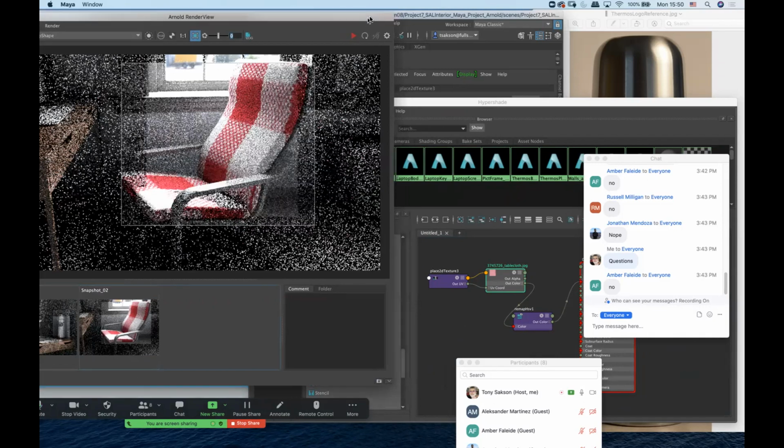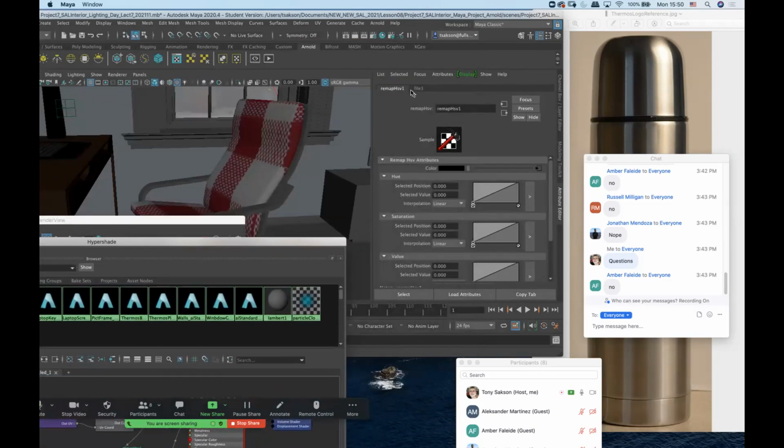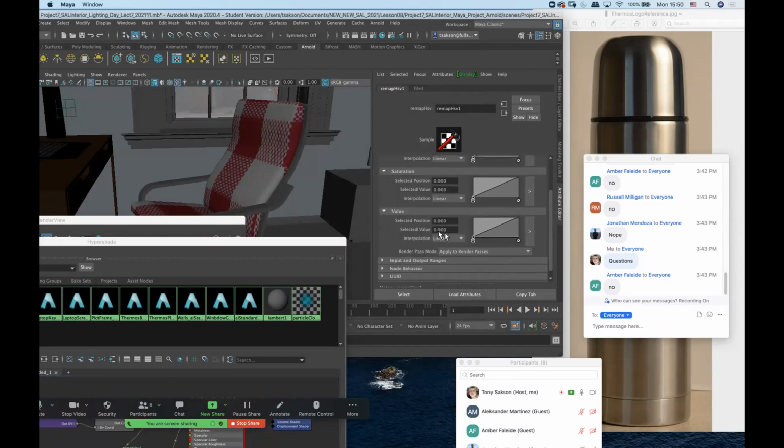But if I select the remap now, notice I get in the attributes, I get hue, I get saturation, I get value, and I get sort of a little curve thing that I can manipulate. What we're interested in doing is under value, you want to select the top right point of the curve. And if you drag it down,